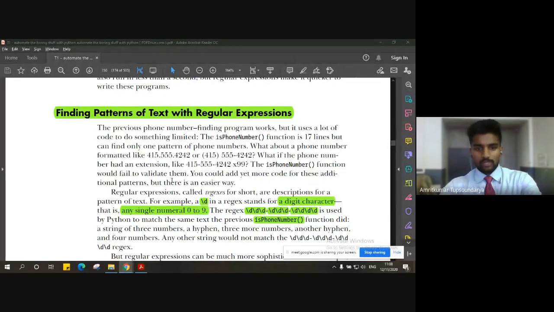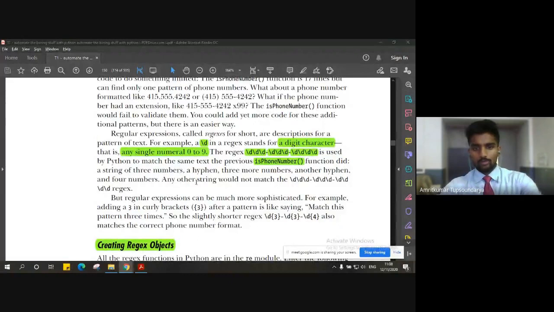We had an example of a phone number, how we can create a regular expression for a particular format of a phone number and check whether that regular expression is present in any string, text, paragraph or message.